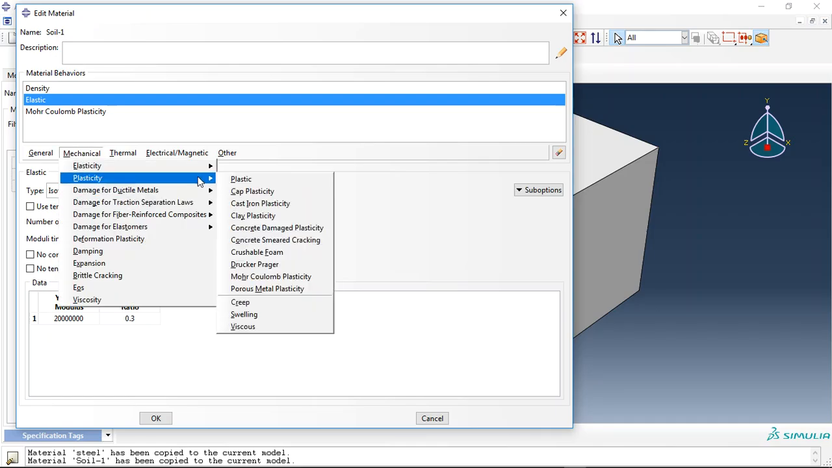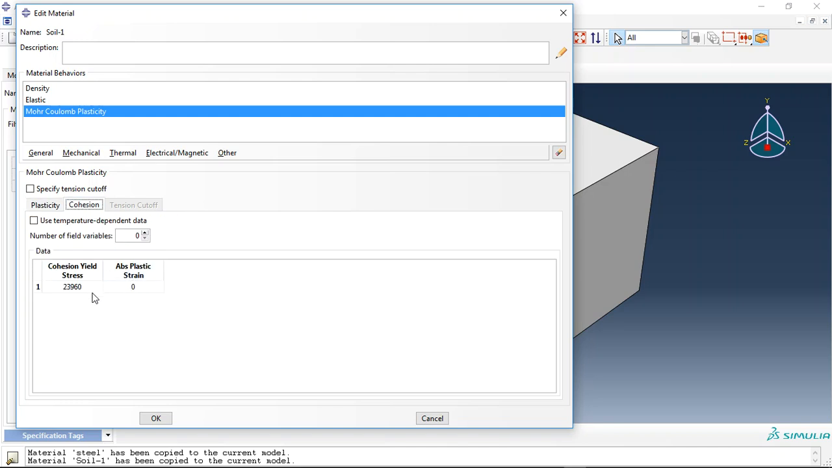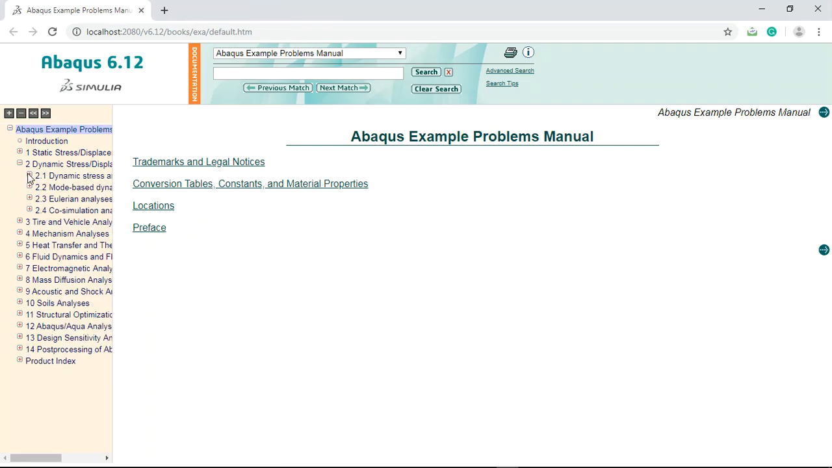And for the plasticity, I use Mohr-Coulomb plasticity. You can use cap plasticity, clay plasticity, and this is the Mohr-Coulomb plasticity. So the friction angle 10, dilation angle 0.1. You can change them, these are arbitrary. And cohesion 24 kilopascal, absolute plastic strain is 0. This is soil. And for the steel material, I use this in the documentation,